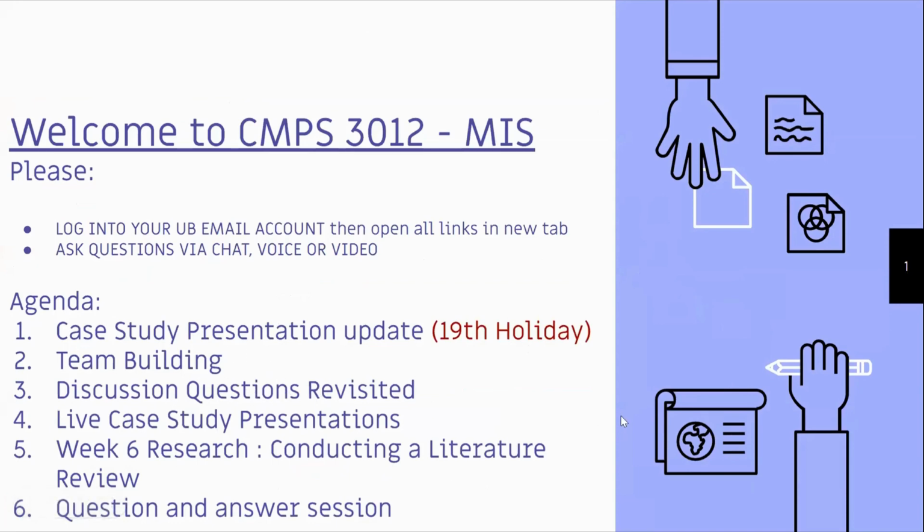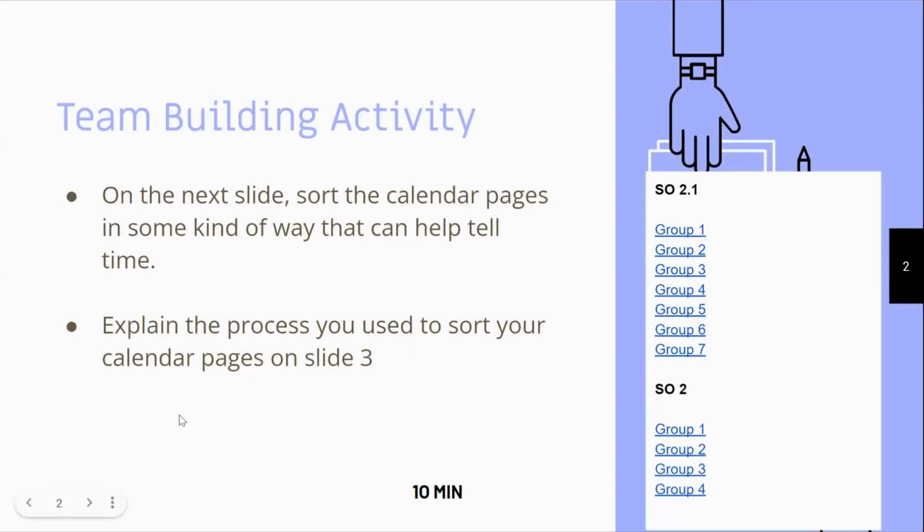We're going to continue with our team building activity. This time, instead of doing it together as a class, I wanted to split you into smaller groups so that you have control over the activity. We will be having our first case study presentation, followed by the discussion questions, and then the other two case study presentations will come after we've spoken about some of the expectations for research. The reason why we'll be discussing that this week is because I won't be seeing you next week. So I wanted you to have a summary of some research guidelines so that you're prepared.